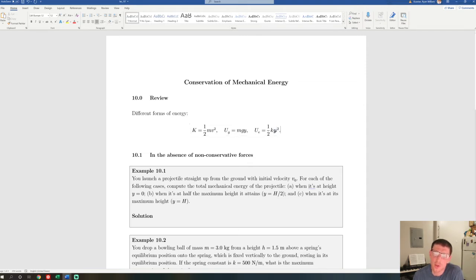So to indicate that, I've written this as a script y instead of a regular y, and remember that these two symbols are not the same, right? I don't think we'll actually have to worry about that in any of the examples in this lecture,